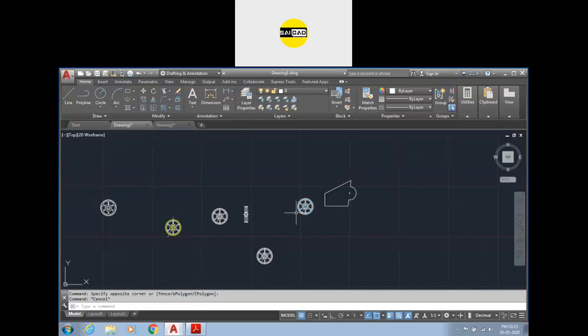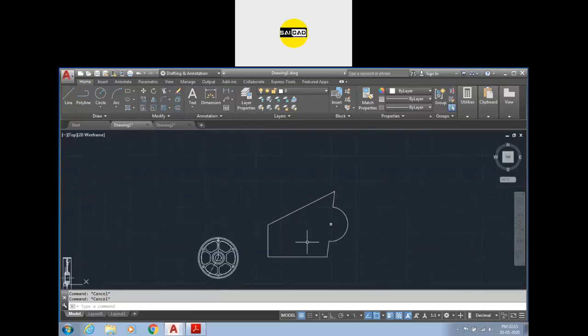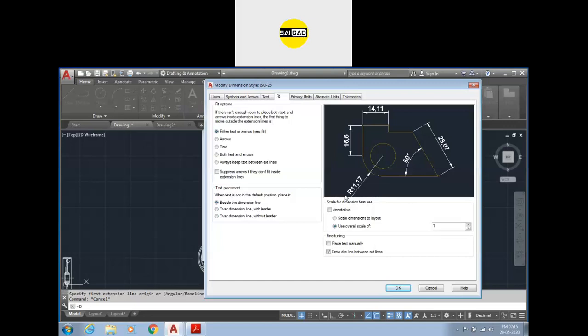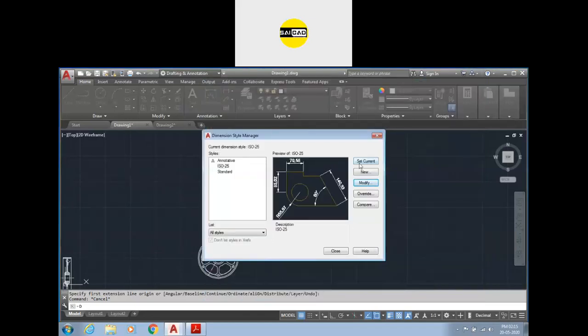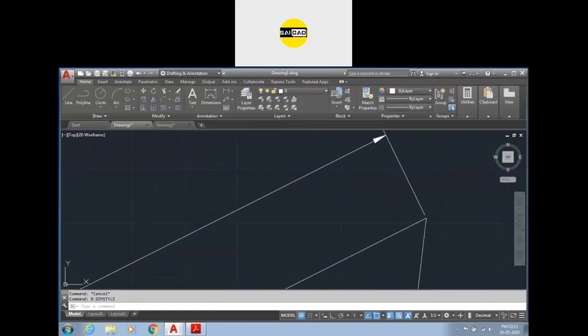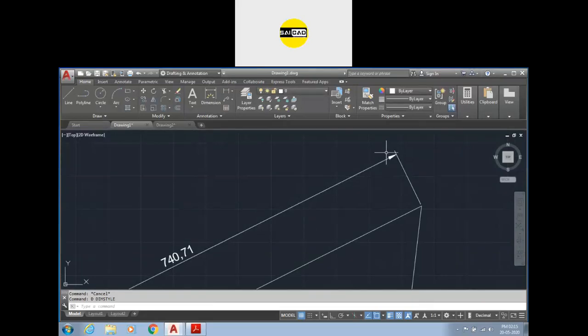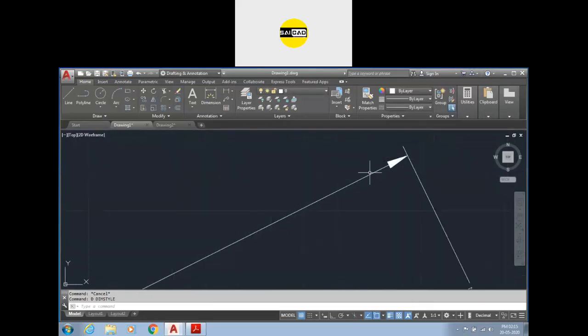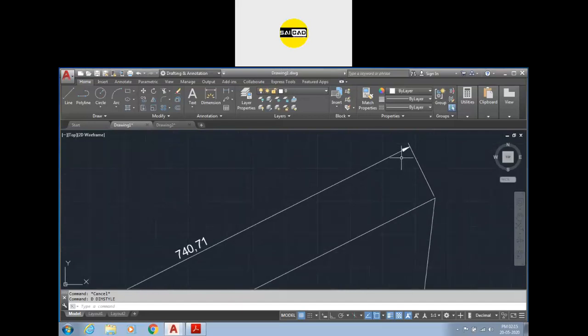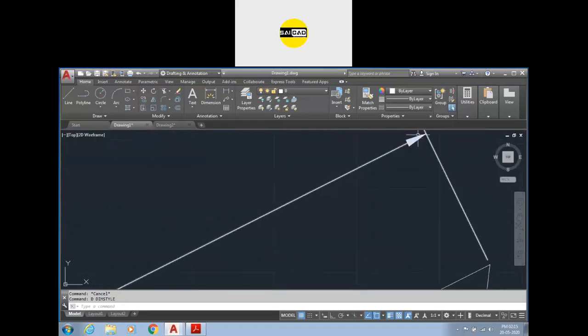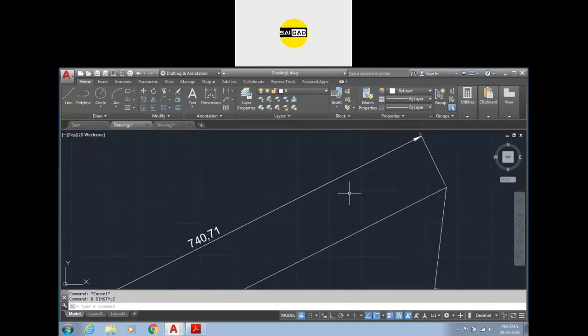Cursor dimension. We don't need to use the separate values for the cursor when you define a dimension like that. Just type D, enter, go to Modify. Use always the fit scale option. Set current, close. Okay, like that. If you want to change, you can do that, but we don't use only the cursor type option because it will break the symmetry of everything. We have everything symmetrical, the cursor and the shape are very symmetrical to each other.